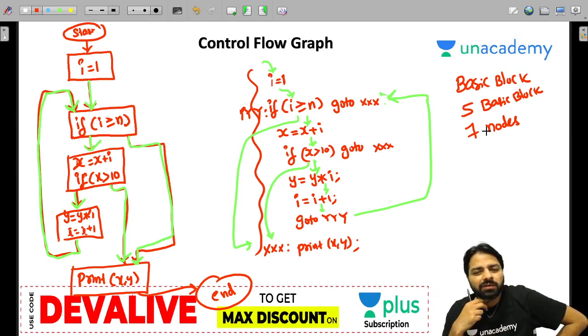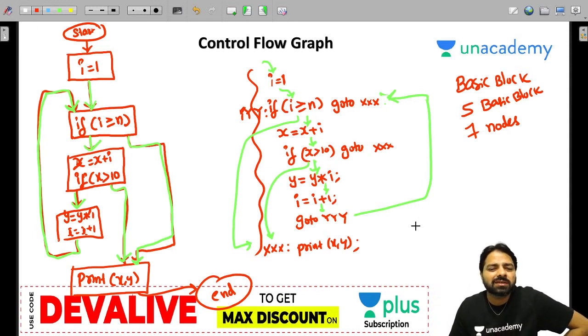Got the point? But it's very difficult in the beginning. Which statements you need to keep together? You need to practice a lot. We already did the practice session. We will do it again. Especially there is one more session going to come on code optimization, because it is a new topic, and maybe in one session I can't make you clear. You need many good examples to understand each and every definition. So I'll bring you one session only on code optimization, but it may take 1 week because of other work.